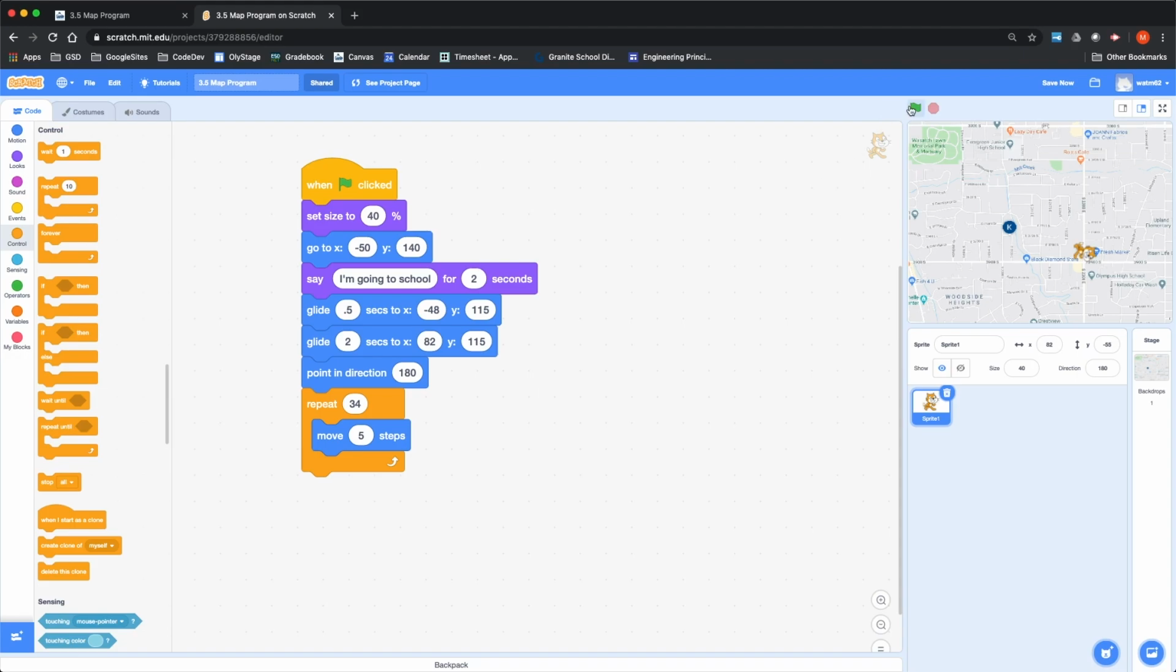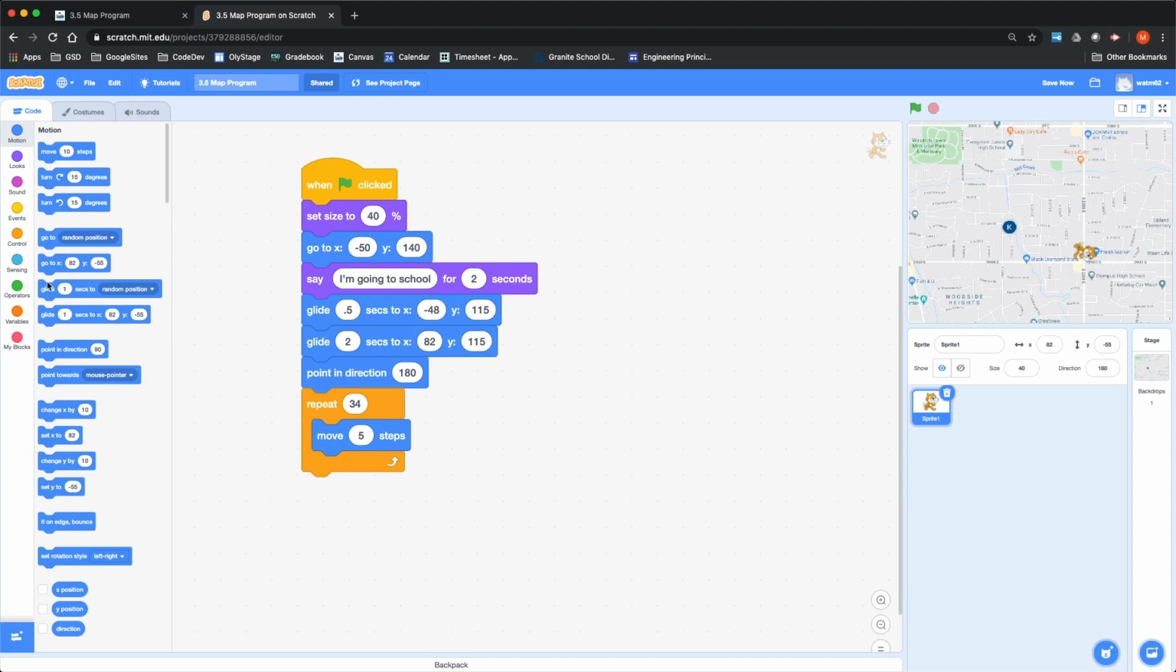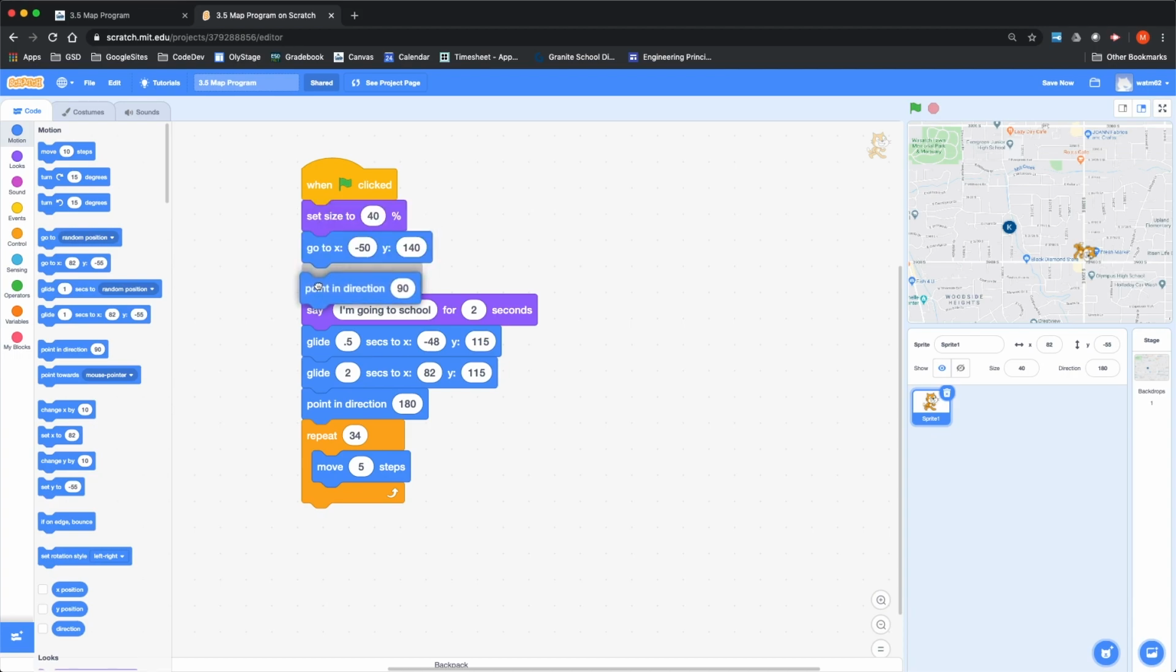Something I do notice is that during the first part we're pointed down. That's okay, but initially we should be pointed up. So I'm going to grab a couple more point in direction commands. So point in direction, let's point in direction 90 for the first segment, for when we say I'm going to school, but then